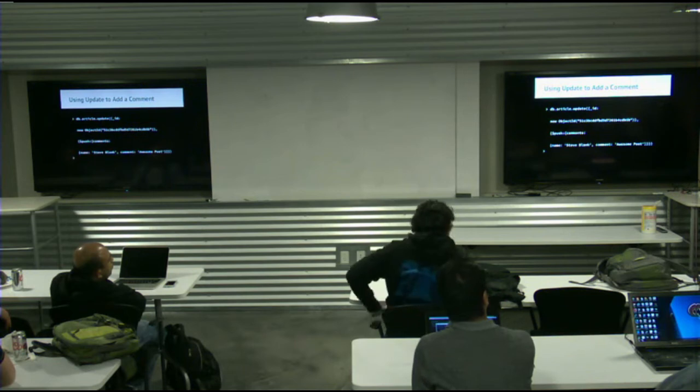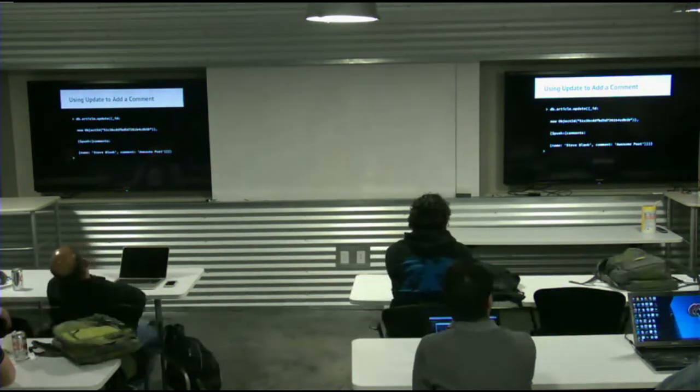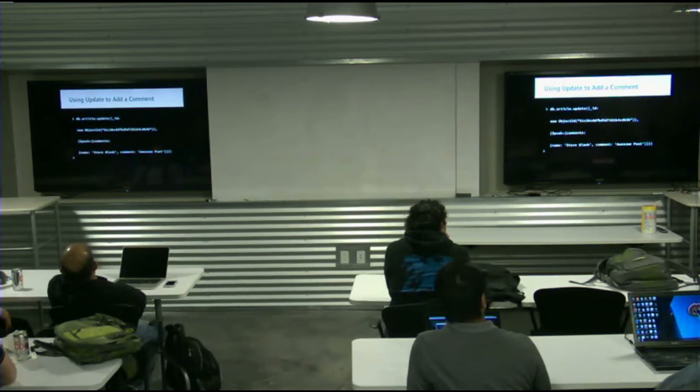It's just sending that one section of push, and it's going to apply that on the server in place. So what push does is it looks at a field and says, I'm going to push onto the comments field this comment object. This object has two fields, name and comment, and it's going to push it onto comments. If that empty array didn't exist, it'd create an empty array and make this the first element. Since it already exists, it won't create it. It'll just make this the first entry in that array.